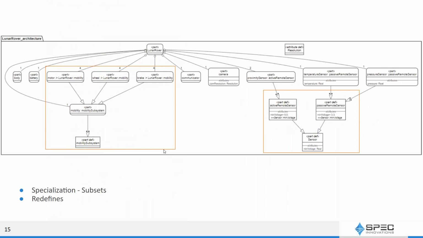So this is another diagram that shows both types of specialization, subsetting and subclassification, as well as redefines. So on the left, it shows the subsetting, and on the right, you see the redefines with the subclassification.